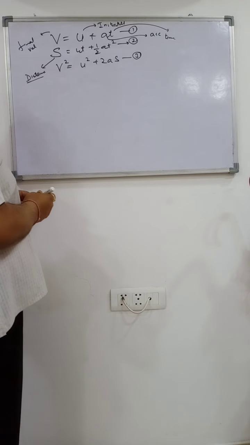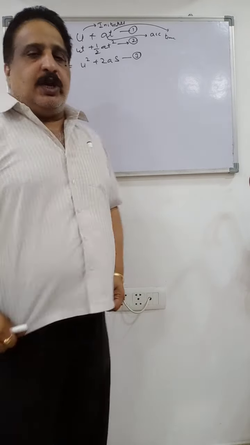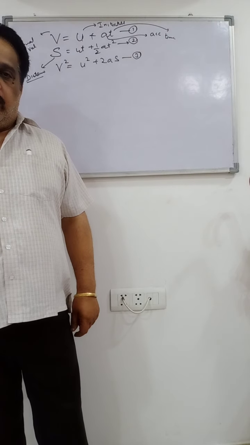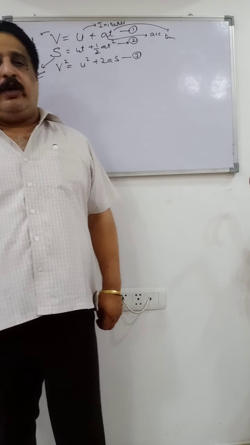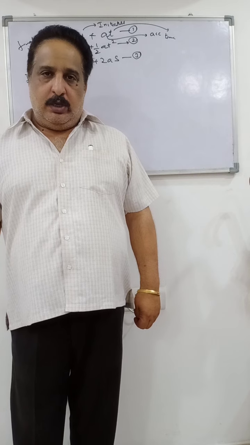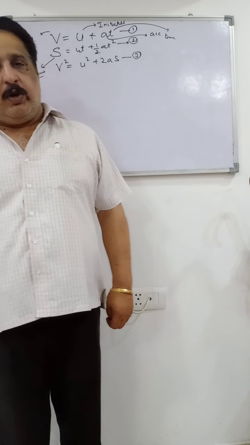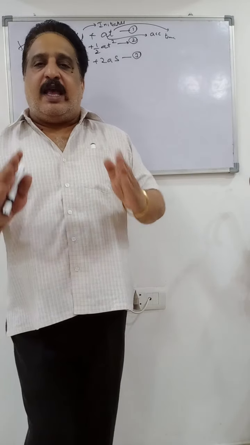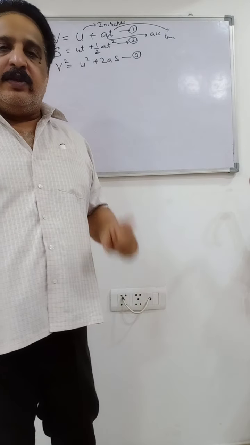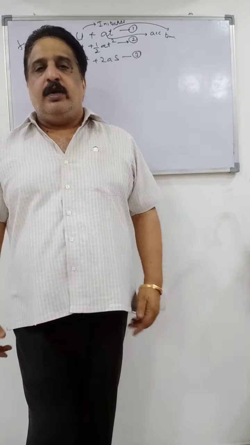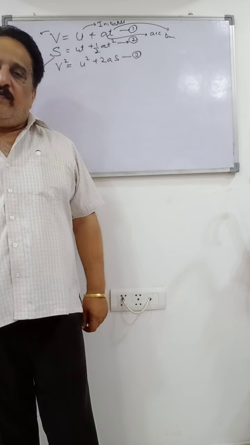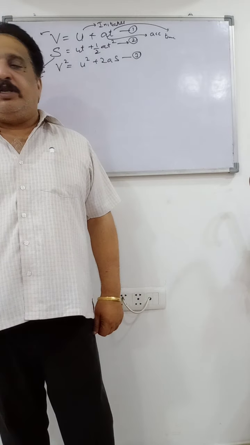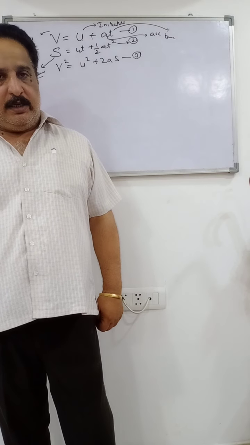Now whenever you get a numerical from these equations, you will just select what is given to you from the question and then select the equation to be used, and then put in the values in these equations. I also told you that the values have to be in SI units. That means distance has to be in meters, velocity initial or final in meter per second, acceleration in meter per second square, and time in seconds.